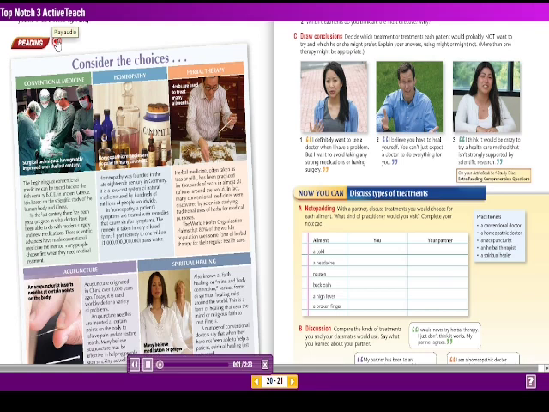Page 20. Reading. Read and listen. Consider the choices. Conventional medicine. The beginnings of conventional medicine can be traced back to the 5th century BCE in ancient Greece. It is based on the scientific study of the human body and illness. In the last century, there has been great progress in what doctors have been able to do with modern surgery and new medications. These scientific advances have made conventional medicine the method many people choose first when they need medical treatment.